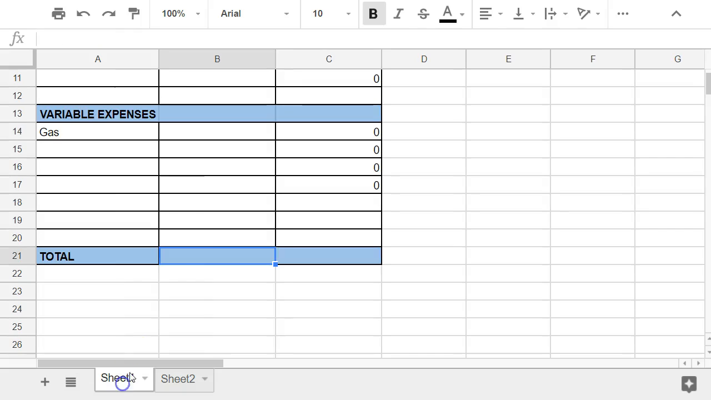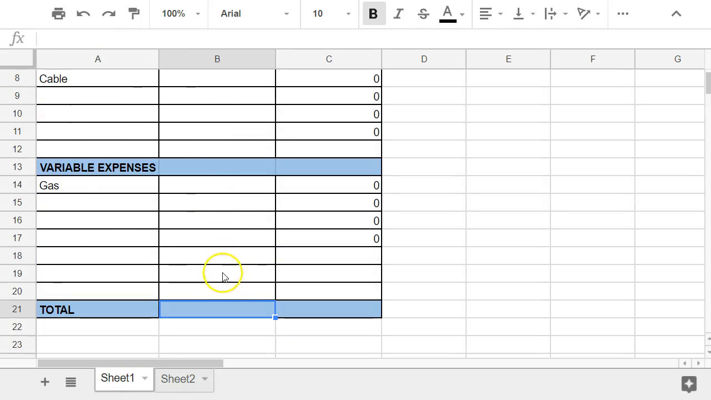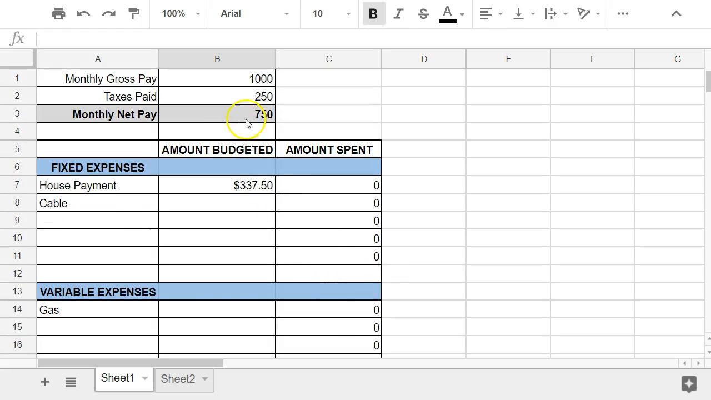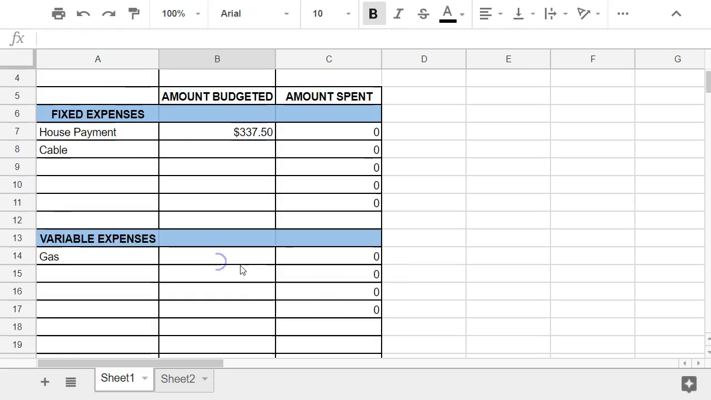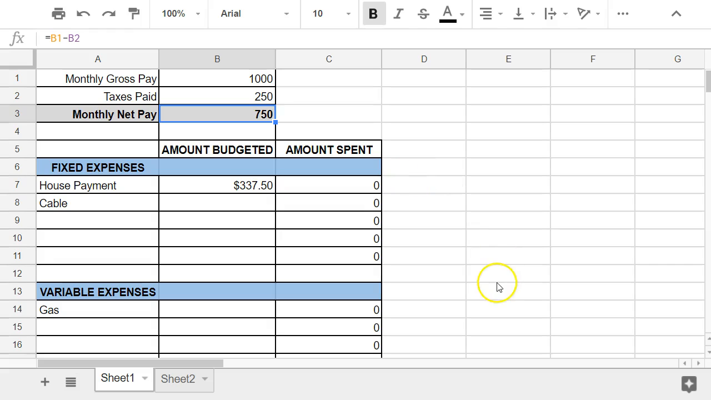Now, what you're going to say here is you want to total up all of the things that you're planning to spend. You want to total up the fixed and the variable all together. You'll get a number here to double check to make sure you've done things right. That number that you get down here should be exactly the same as your net pay,